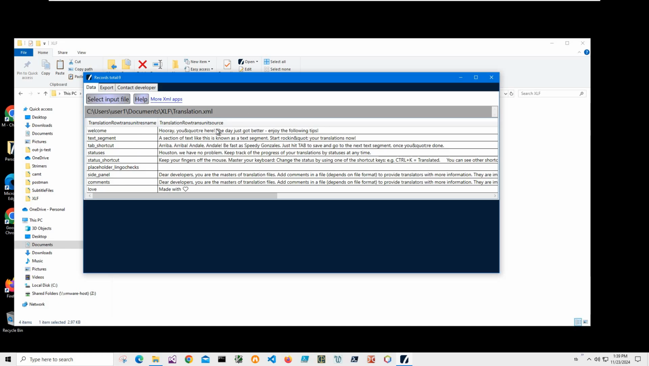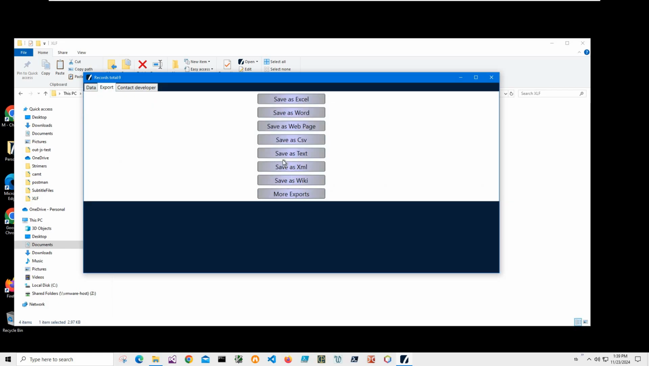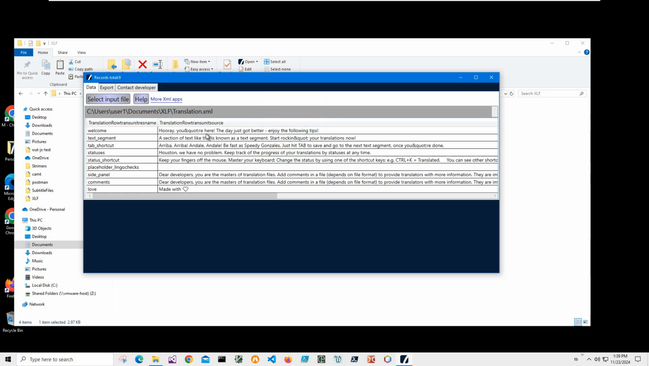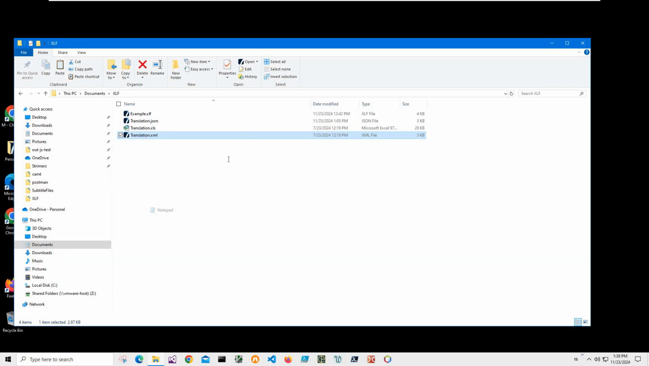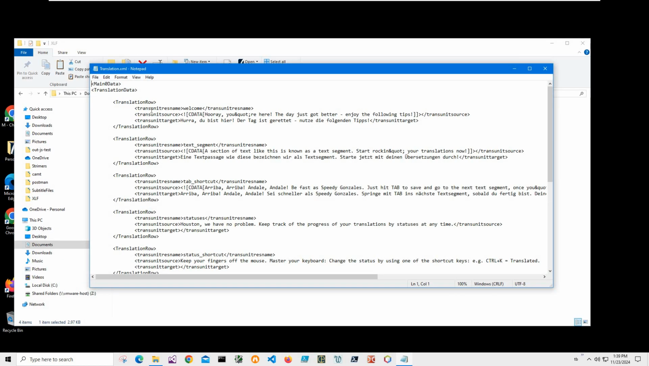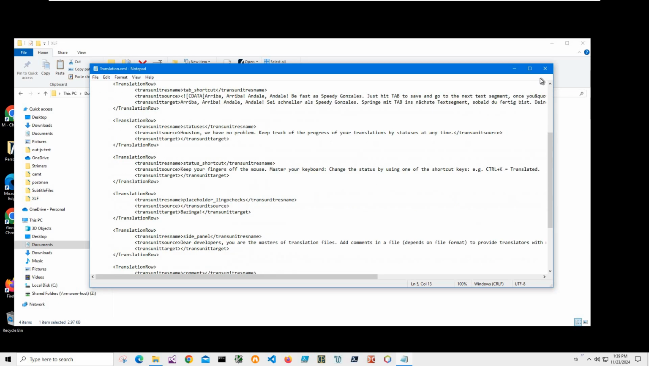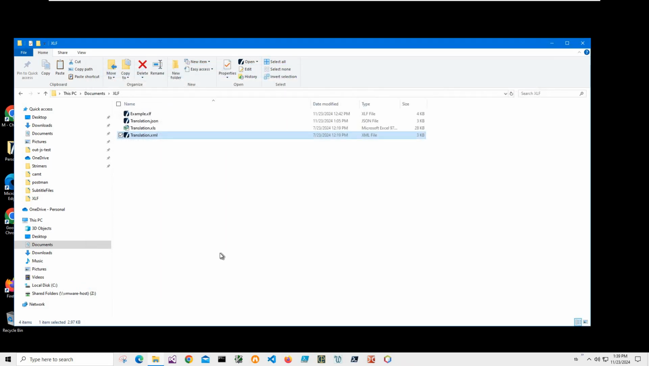This is XML viewer. It's a free app. It allows me to see what is inside the XML file and export into different formats if I want to, and it presents the XML file as a table with the column names, which is very convenient. I will leave instructions on how to find this XML viewer if you'd like to see it. I also can open the XML in Notepad just to show you that this is true XML, and it has a translation row, it has translation name, source and target, and I'm gonna use this XML to convert it to XLF